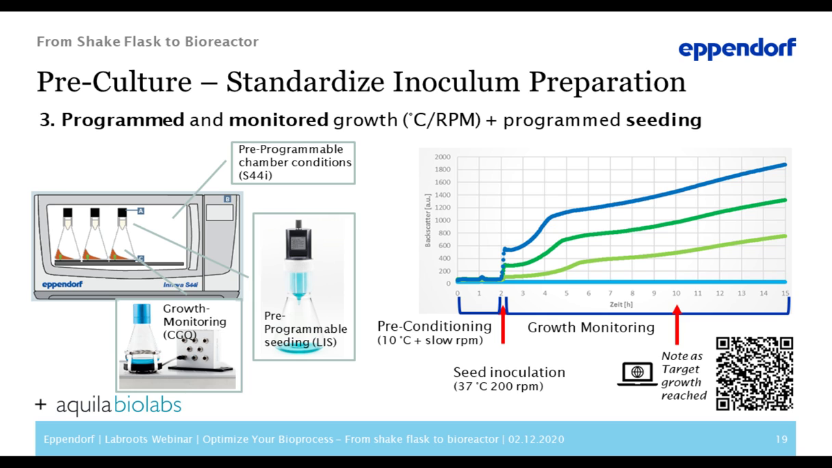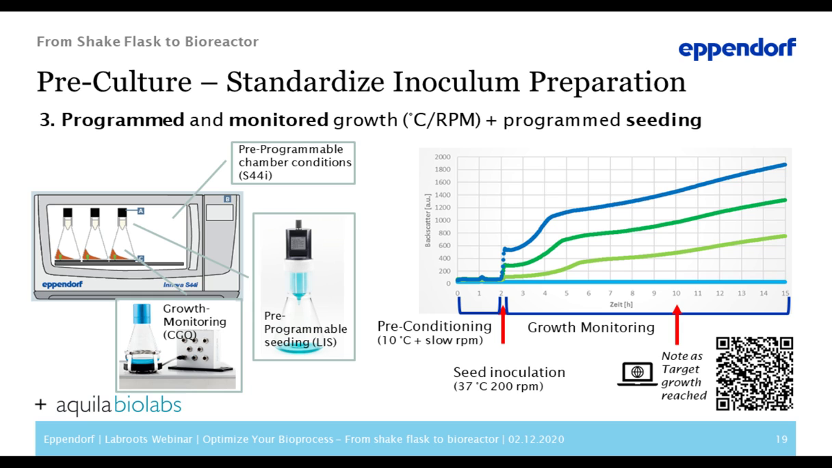And last but not least, you can make it even more convenient than just control the chamber conditions. It is even more convenient to monitor growth in shake flask, for instance, in real time, and get a notification at the target OD. And the cherry on top would be pre-programmable seeding, and I would show you here an example. We have the shaker, the pre-programmable shaker, that is from us in this case, of course, and we integrated the CGQ online monitoring system from Aquila and the LIS automatic injection system, also from Aquila, and monitored